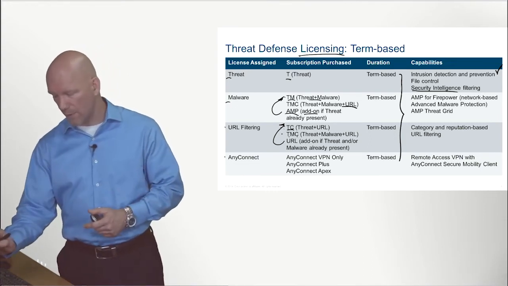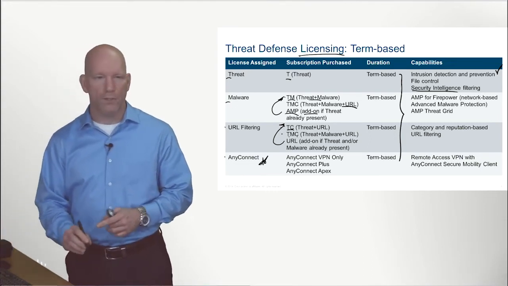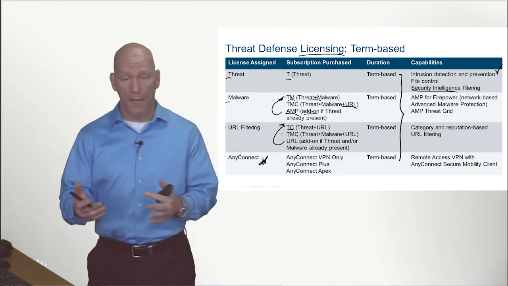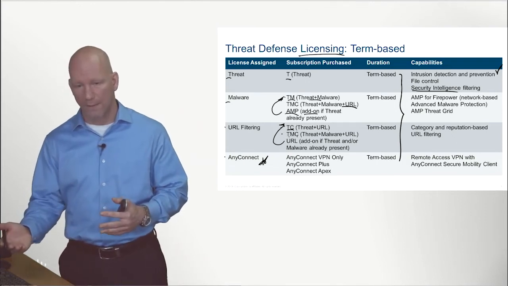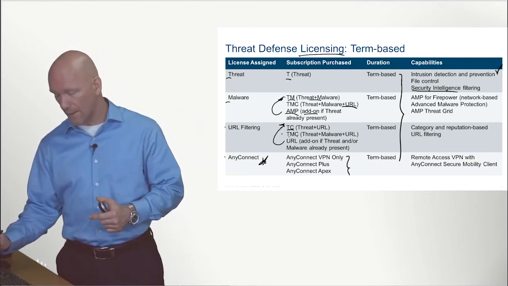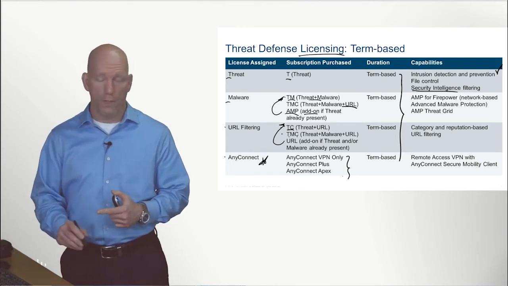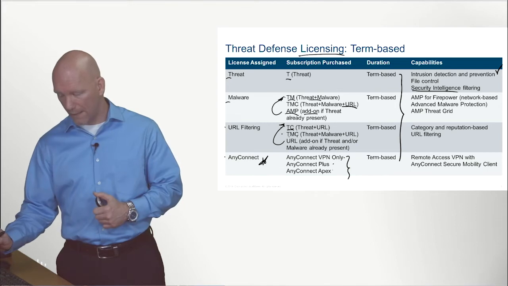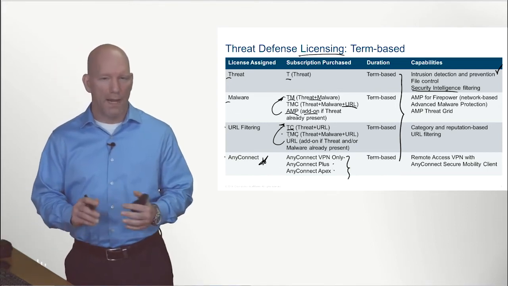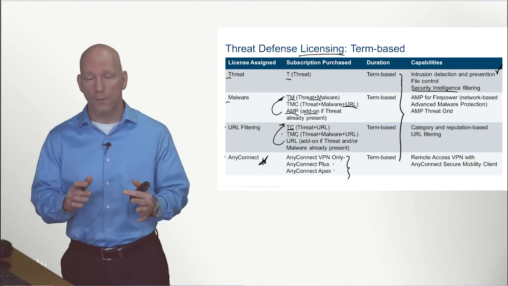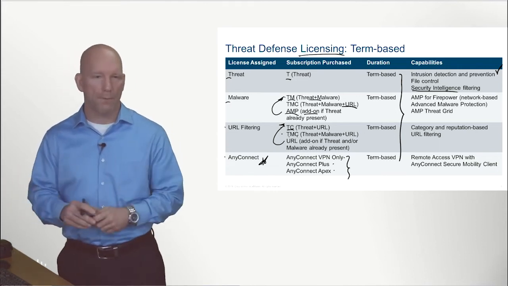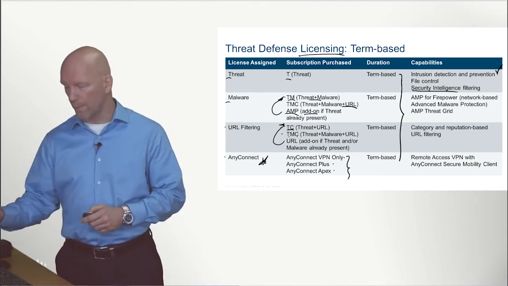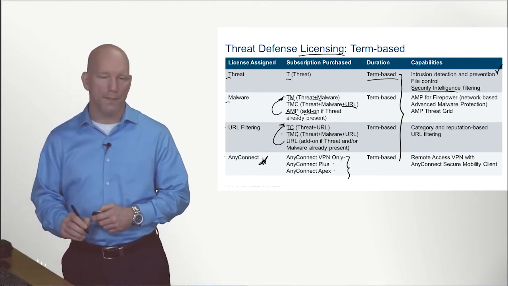And then last but not least, the reason we're saving this one for last is you might be in a situation where you're heavily dependent upon VPN connections, client-based VPN connections, again with AnyConnect. Well, guys, even AnyConnect has its own licensing approach, whether it's going to be a VPN-only approach, AnyConnect Plus, or AnyConnect Apex. We'll go over the licensing of those options in another topic coming up later during our series. But just keep in mind, all four of these options are going to be term-based licenses in a 1, 3, or 5 year approach.